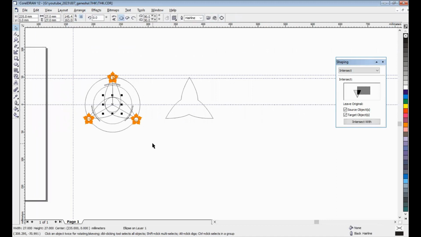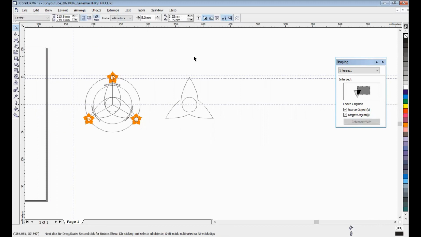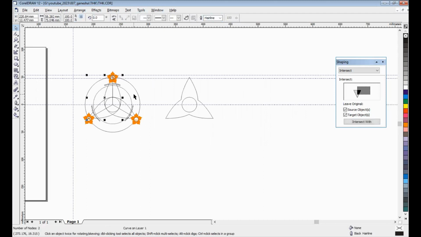Choose this, Control C, Control V, and move here. Remember we have a 5 millimeter node offset. We can use this for moving our object safely and neatly.